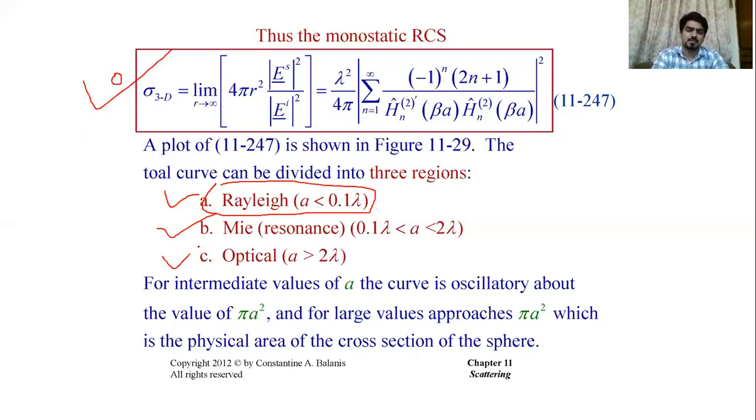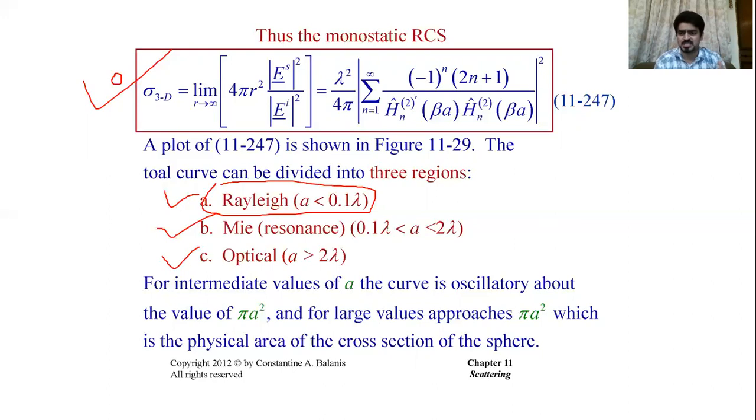And the third part is the optical part, where your radial dimension is much greater than the wavelength, that is, maybe greater than 2 lambda. So in the first region it follows the Rayleigh scattering approximation, and in the third region it follows the geometrical optics approximation. What you will see is that for a much greater radial dimension compared to wavelength,